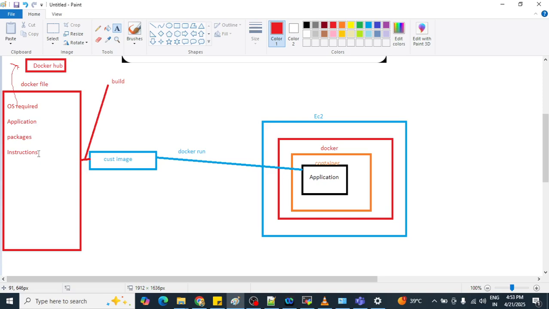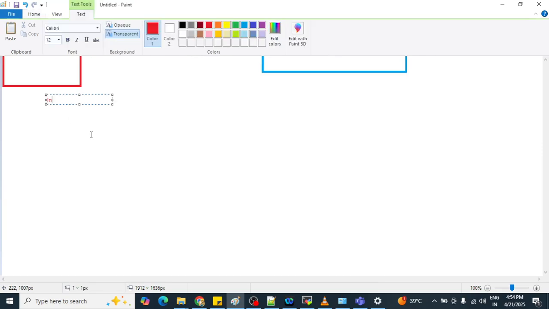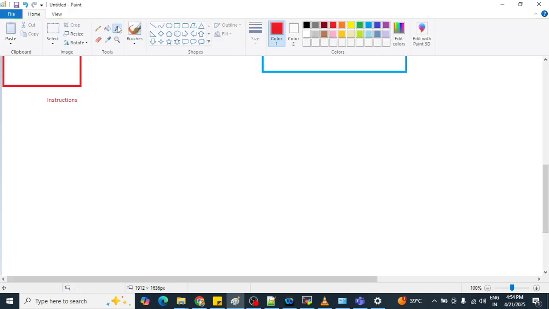Now what are the instructions that we need to write inside the docker file? Let's try to understand those instructions.